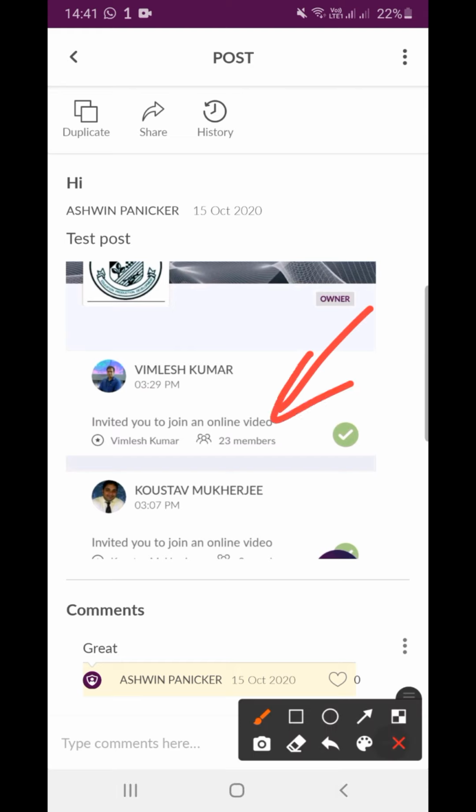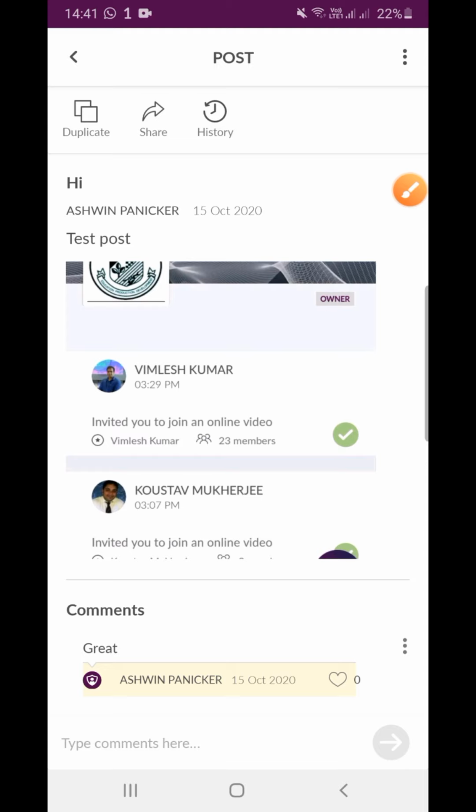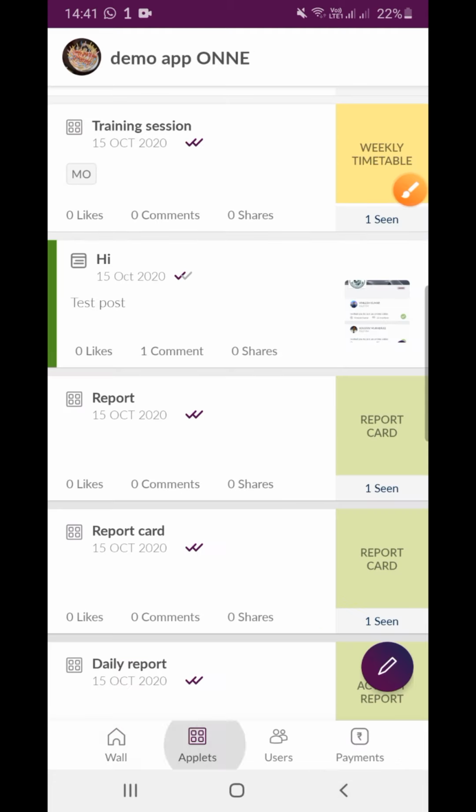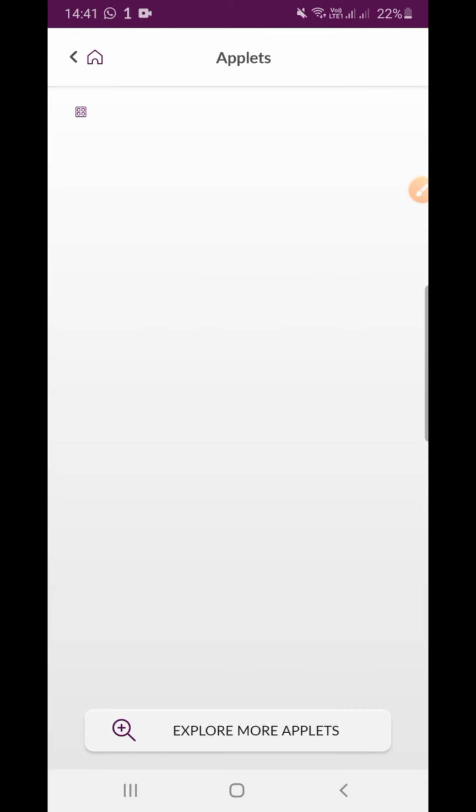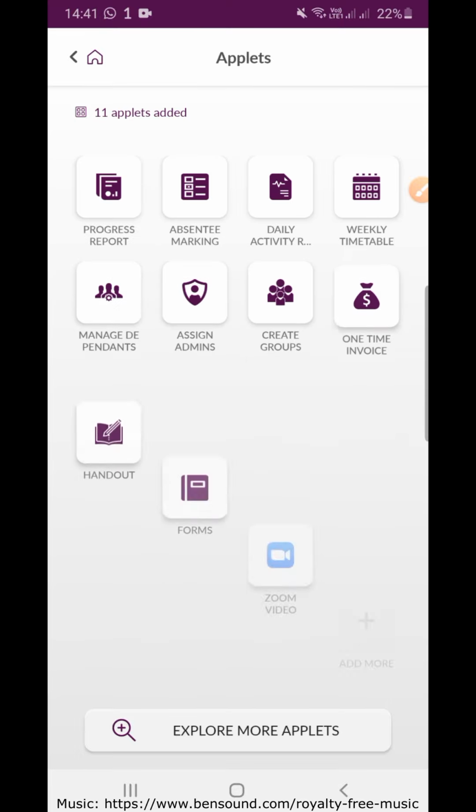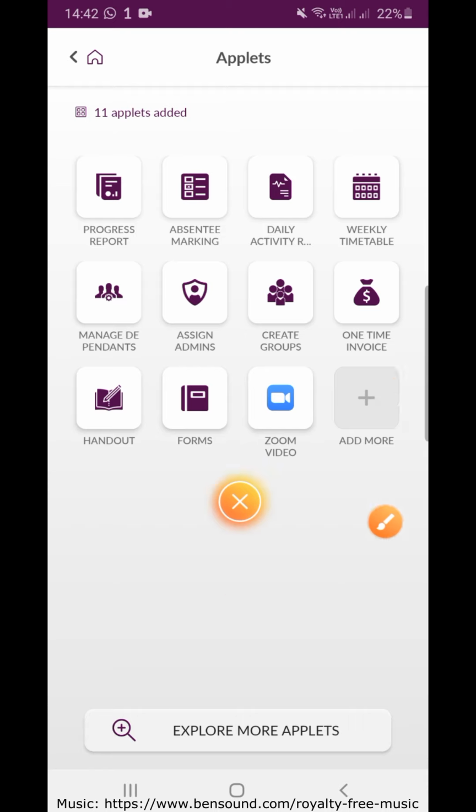Everything happens within one platform. The beauty about it is that you don't have to rely on multiple tools to keep in touch with your members. A single platform tool which allows you to communicate effectively, reduce your manual effort, and increase your school or coaching center or college or tuition center's efficiency, all from a single platform.